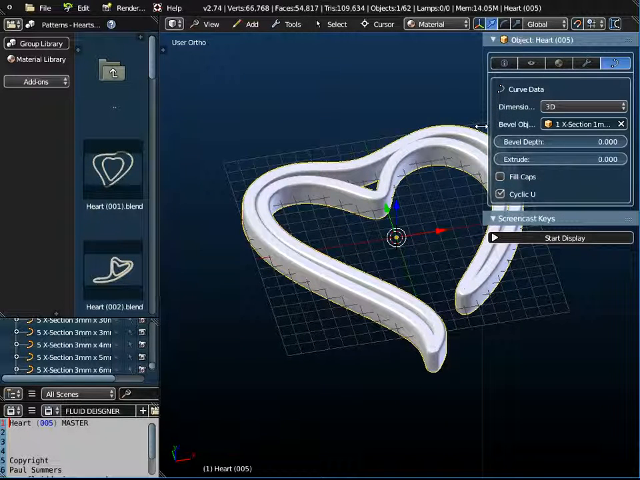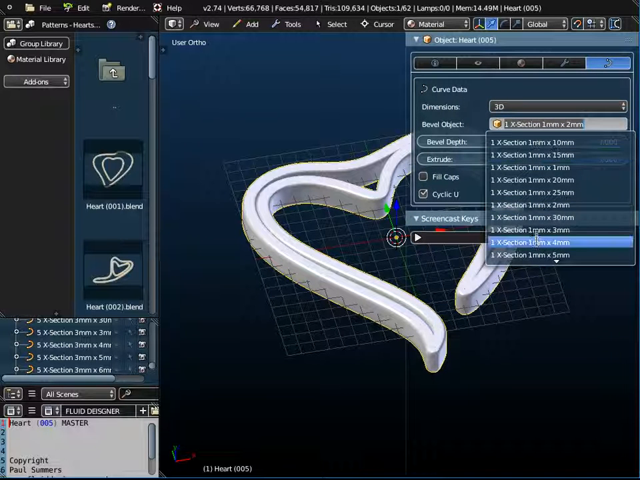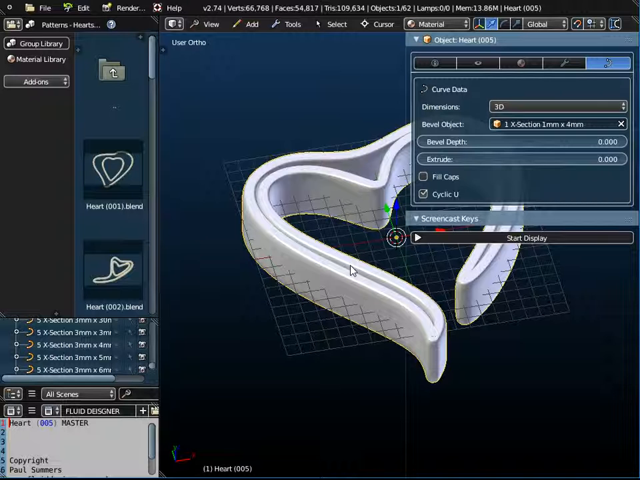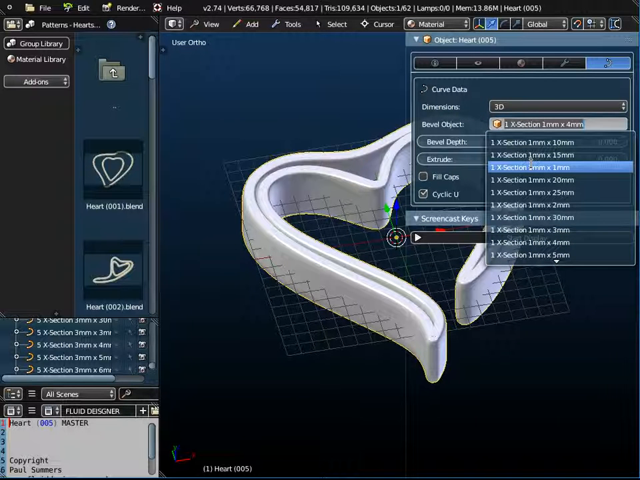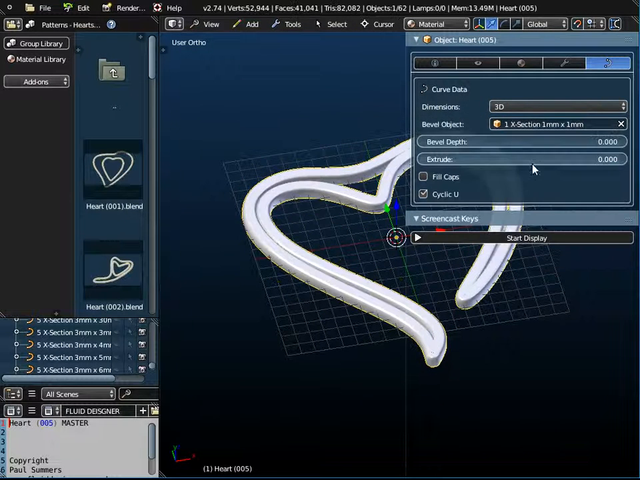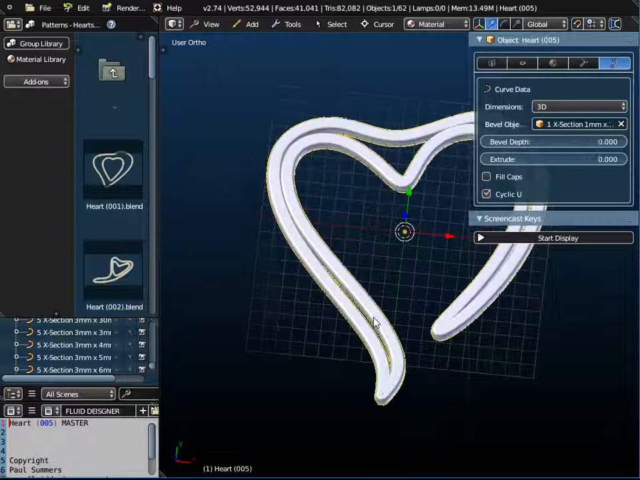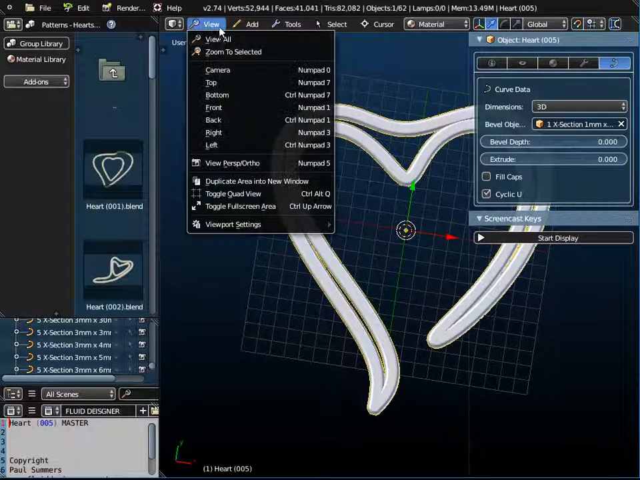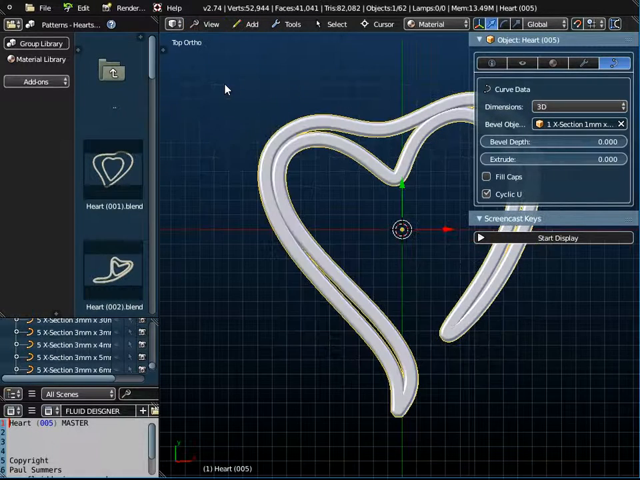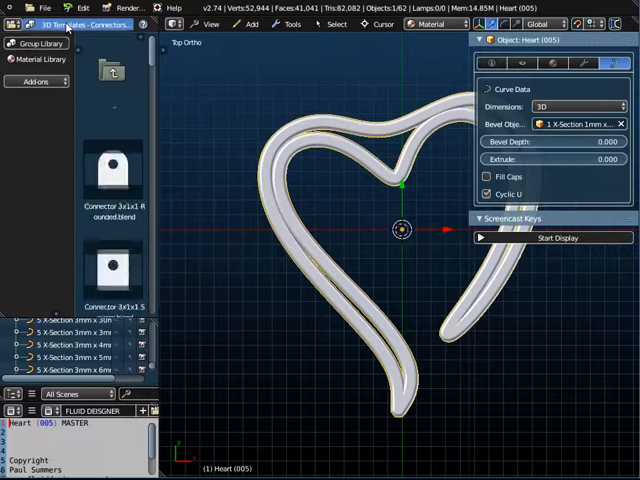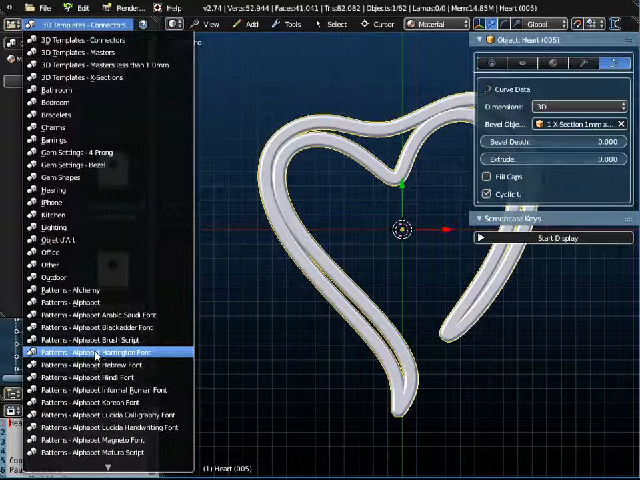Now this is a parametric smart object, so we can change the thickness of it. We could make it deeper, but that'll be too heavy for an earring. What we want to do is to take it down to 1 by 1mm, so that's 1mm there, 1mm deep. That'll keep the weight down. And if I just view it from the top now,